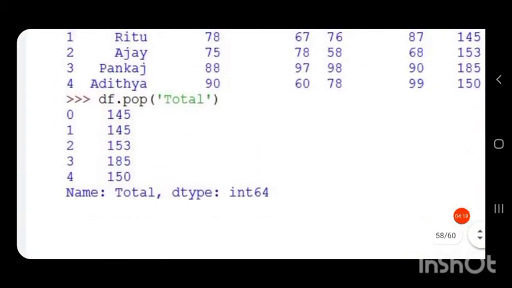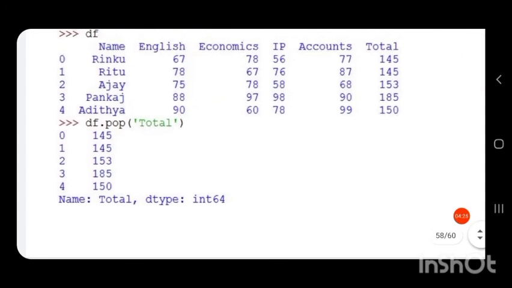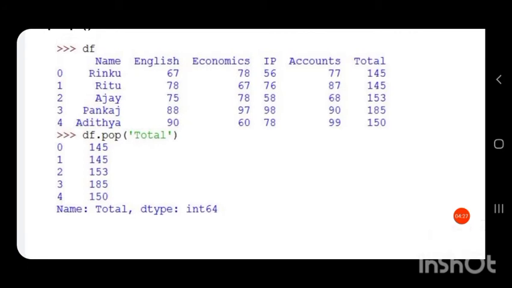Here the pop command, after execution, displays what has been deleted. It shows the index values and the data in that particular column which is deleted. The name indicates the name of the column which is deleted, and the dtype indicates the data type of the column that was deleted.